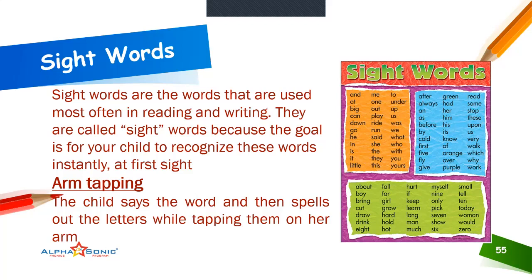Orange. What are we doing? Why are we doing arm tapping? We are giving them the length of the word. We are giving them the spelling and memorizing. You are tapping and the child is registering it in their mind. So how should spelling be learned? This is a very important method which you should teach to your children.